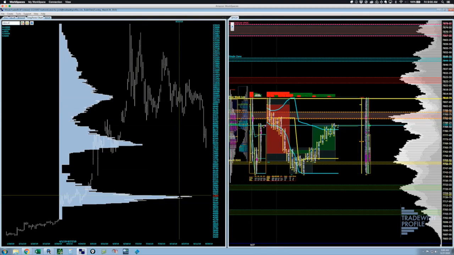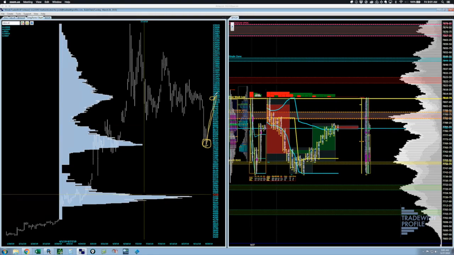Now, I don't have a dog in the hunt about what I think ultimately about Bitcoin. I'm just looking at how people are behaving around it, and specifically the opportunity. If we can hold this area right in here and find some buyers, I think there's a good opportunity back towards 10K. That's a reasonable expectation, as the auction goes back and forth between value references, and this is actually a great example because you have very prominent areas to look at.